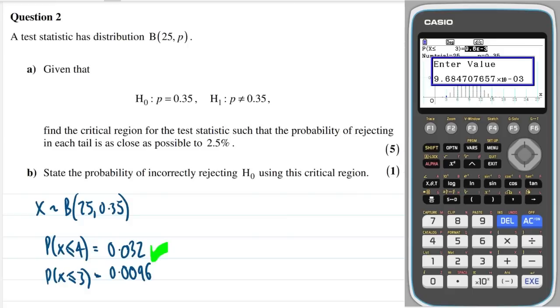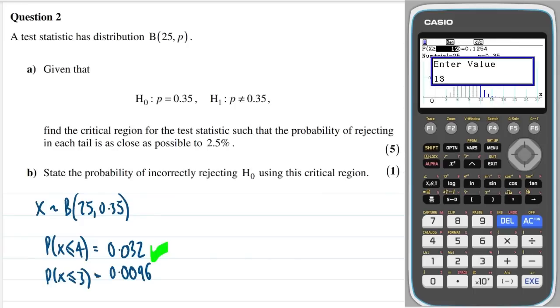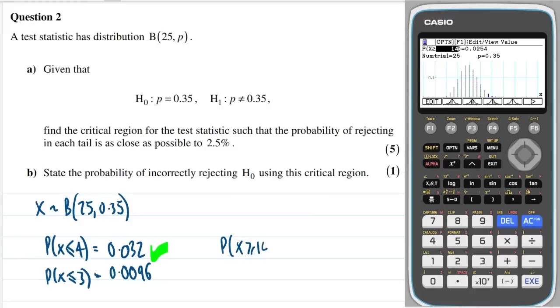So we'll go with that, and it's a two-tail test, so we're going to have to test the upper tail as well. So I'll press exit, and I will change the distribution. I'll press F4 to go to the upper tail, and I'm going to go with, let's try 12. That's 12%, so let's try 13 to get closer. That's 6%. Okay, that sounds good. Let's try 14. And that is pretty much bang on there, 2.5%. So x is greater than 14 is equal to 0.025,